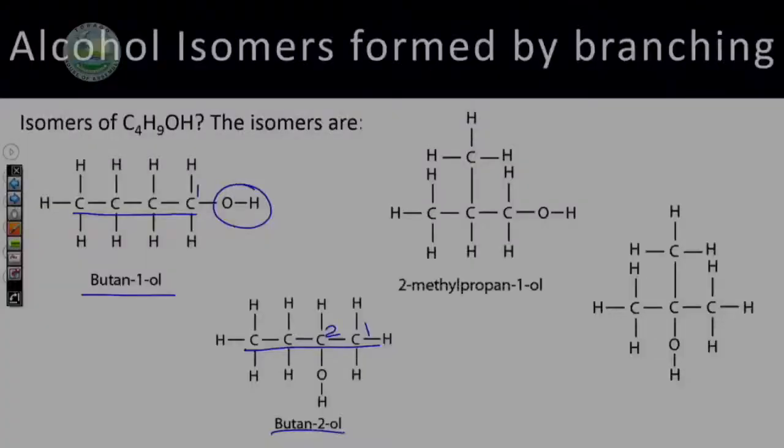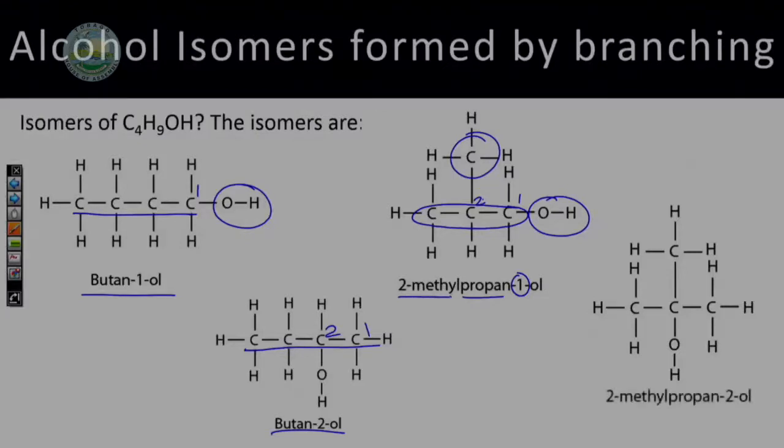The next one, we call it 2-methyl propanol. Why? Because one, we need to find the longest chain first. The longest chain is 3 carbons, so that's where we have propanol. All right. The alcohol group, or the OH group, is found on the first carbon. That is where we have the 1 here, found on the first carbon, and the methyl group is found on the second carbon. So that's why we have 2-methyl